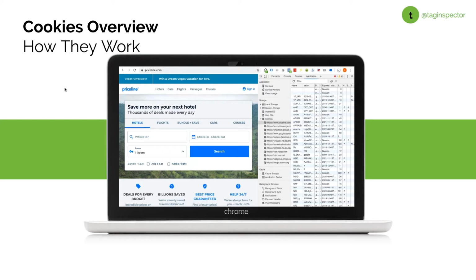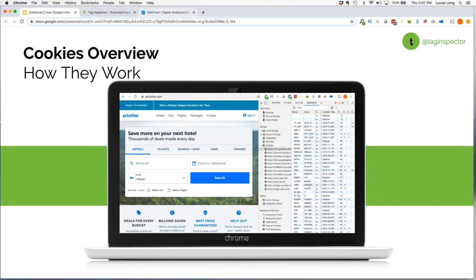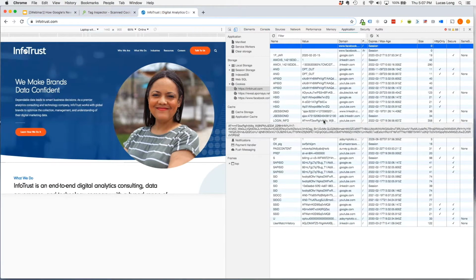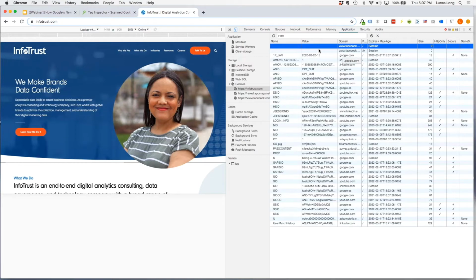And it's important, I'm just going to pull up on our InfoTrust website here a list of cookies that are set here on the home page. These attributes, and this gets a little bit low level, but it's really important as we will go through some of the more recent Chrome updates and even some of the updates around ITP, ETP. These are the things that are being kind of addressed there.